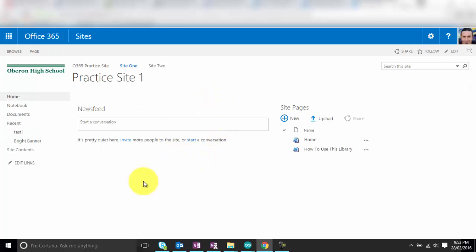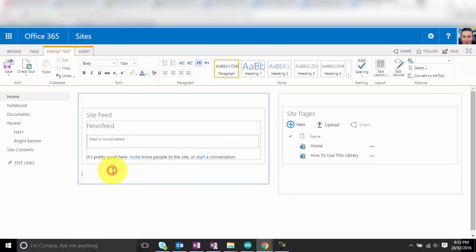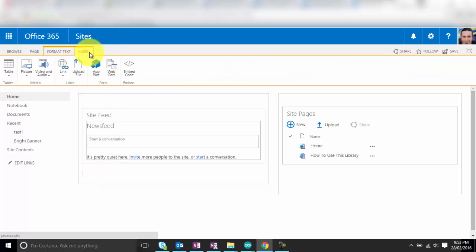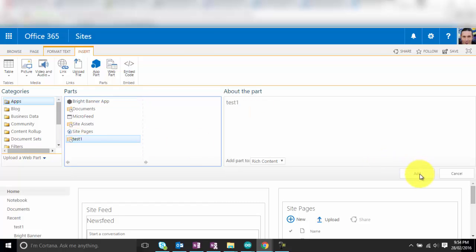what I want to do is put that document library right in this space here. So I go to edit and click where I want that document library to be, and then click on the insert tab on the top left here, and I can choose either app part or web part, doesn't matter which, and then I search for the document library that I've just created, and there it is right there. Click on that, click add,